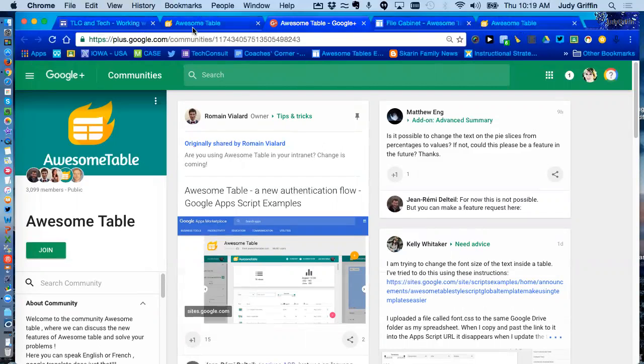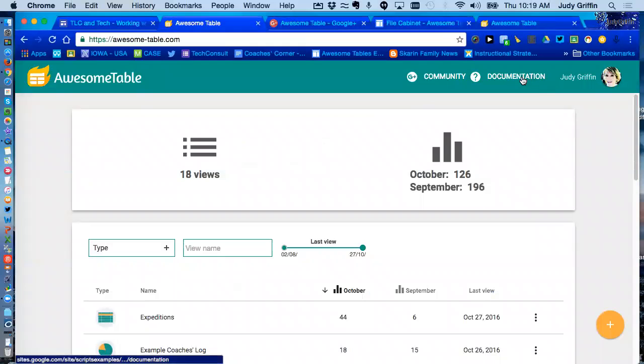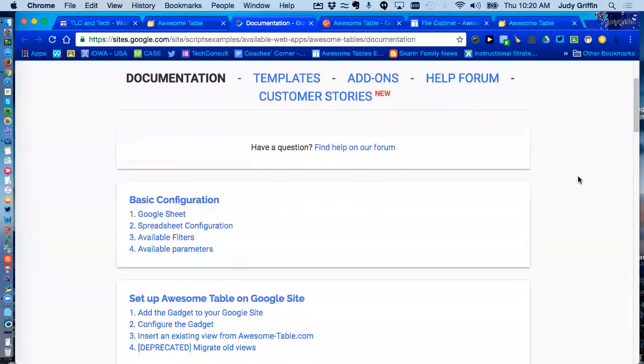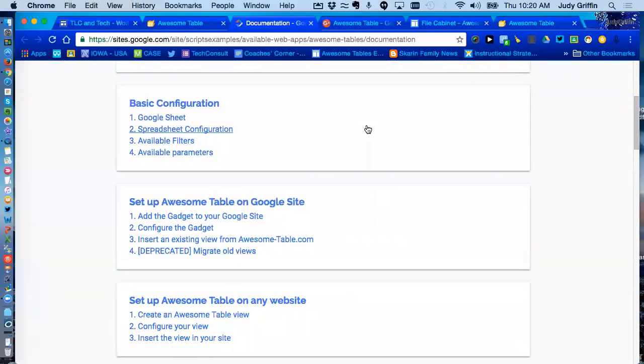And go back to awesome table. This is the one that you really need to pay attention to, is documentation, because this is where it tells you step by step how to do everything, and where you can find the templates and get help. Everything is here. So if I click on documentation and just scroll down, it tells you the basic configuration, and these are the steps to do. Set up your Google Sheet, how to configure it, the filters you can use, and the different parameters that you can set. And then how to set up your awesome table on a Google site, and how to set it up on any